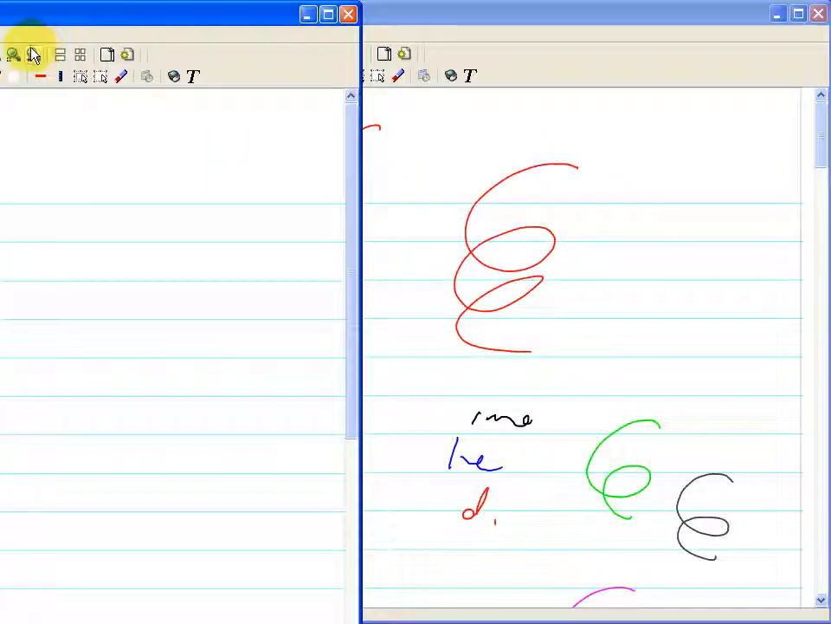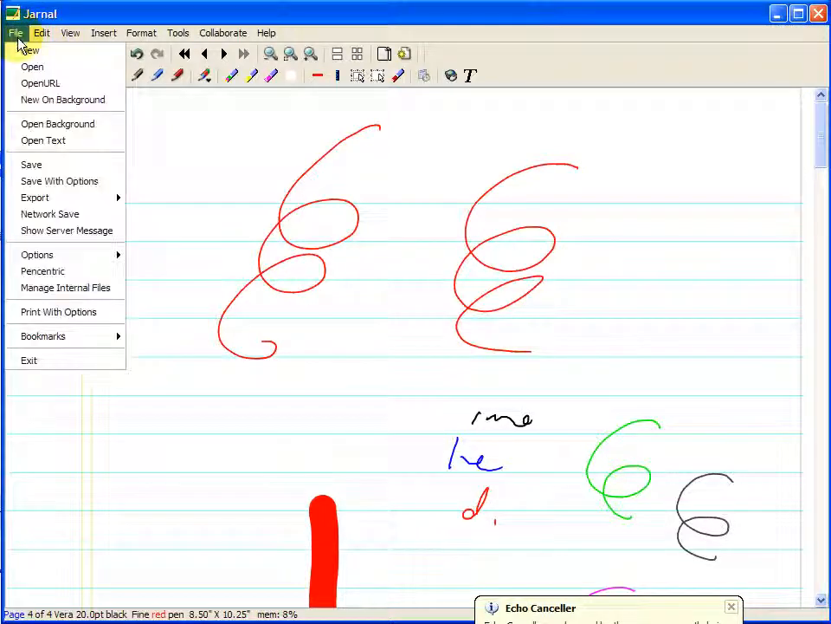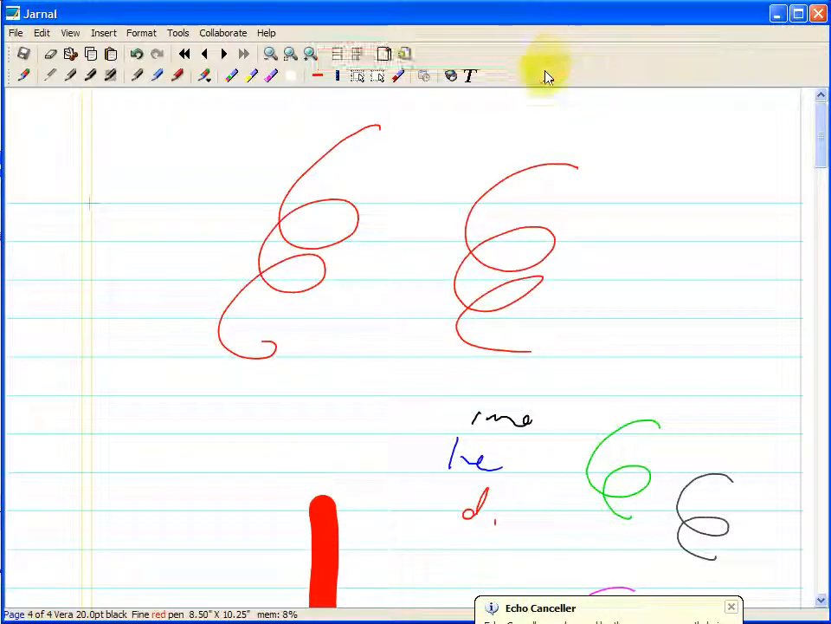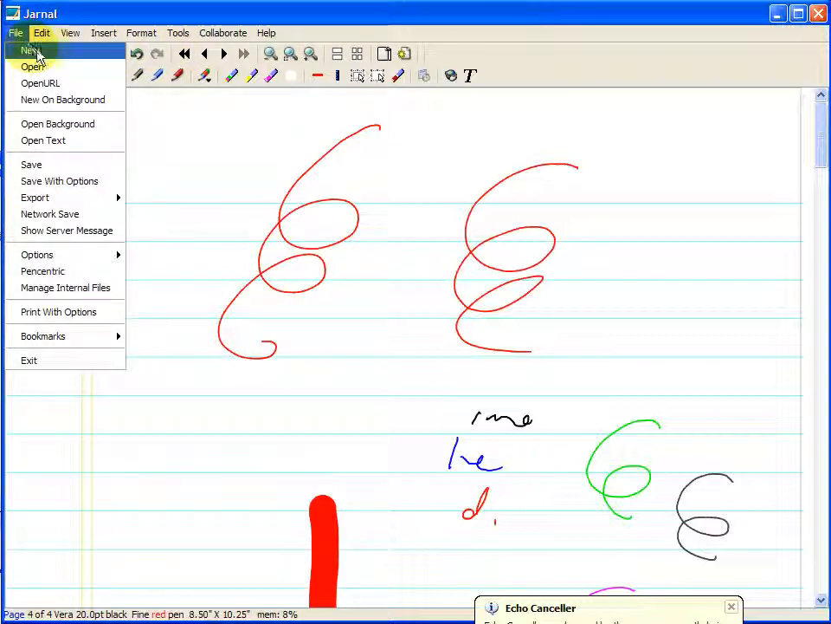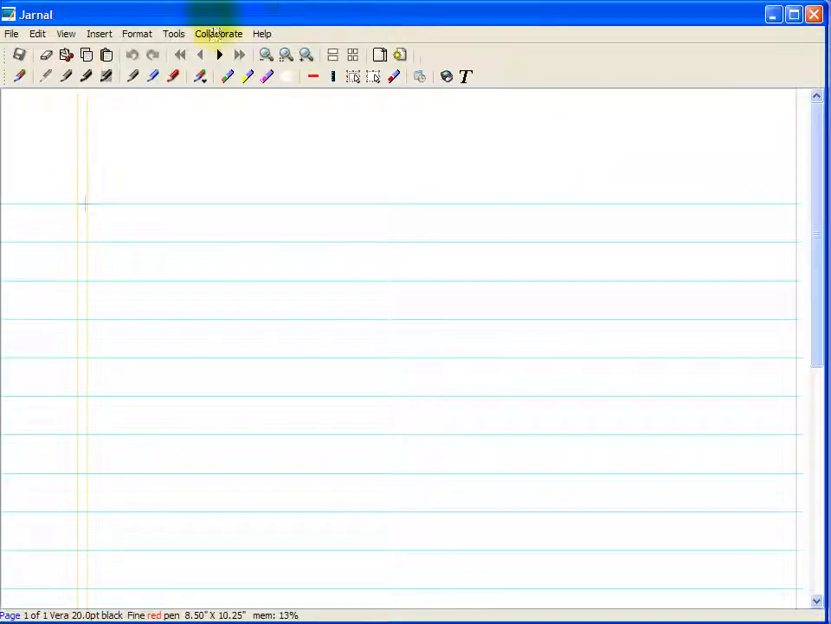File, new, oopsie, not new. Actually, we'll go new. Okay, here's my brand new window. Cool. We want to put a PDF in the background. Okay, so really important that we realize that this PDF is actually going to form a background of